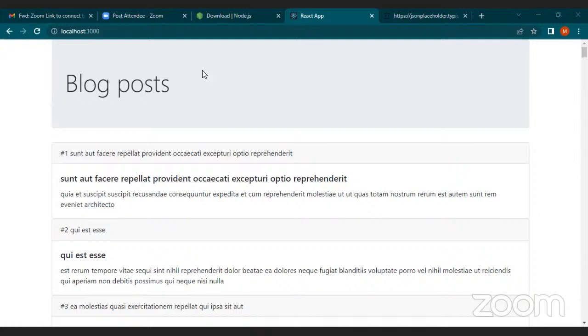Now this is the way we are doing the Bootstrap part, right? In a similar manner, you can use Material UI. The only thing is you should know the class naming conventions and how to use the different features available in Material UI. It is similar to how you learned your Bootstrap. And next, what we have to do is